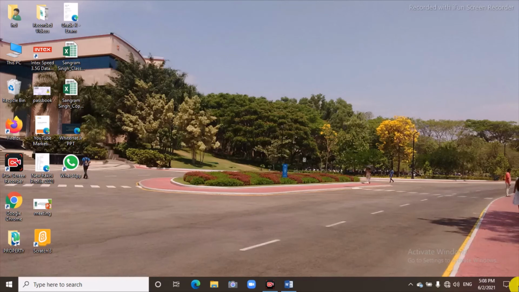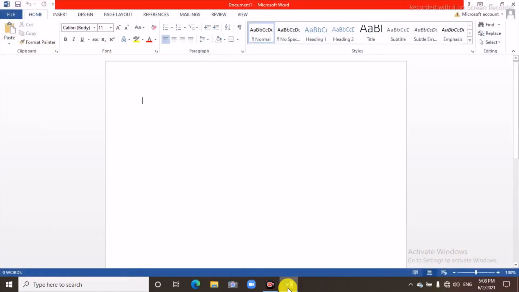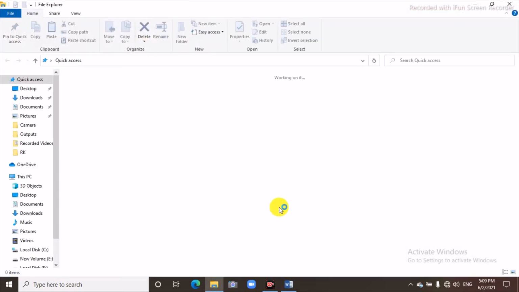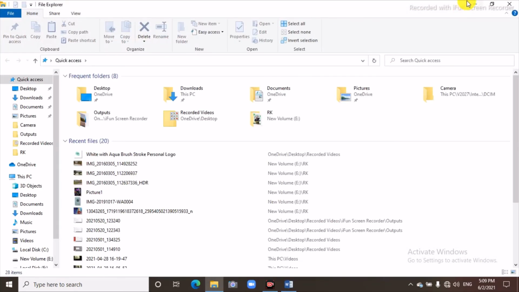And here at the extreme right there is a peek button. So let's say if I open this, some windows are open already. To minimize all the open programs, we use the peek button to see our desktop only. Yes, so let's say this is open, and this folder is also open. To minimize all the open programs, we will use the peek button.